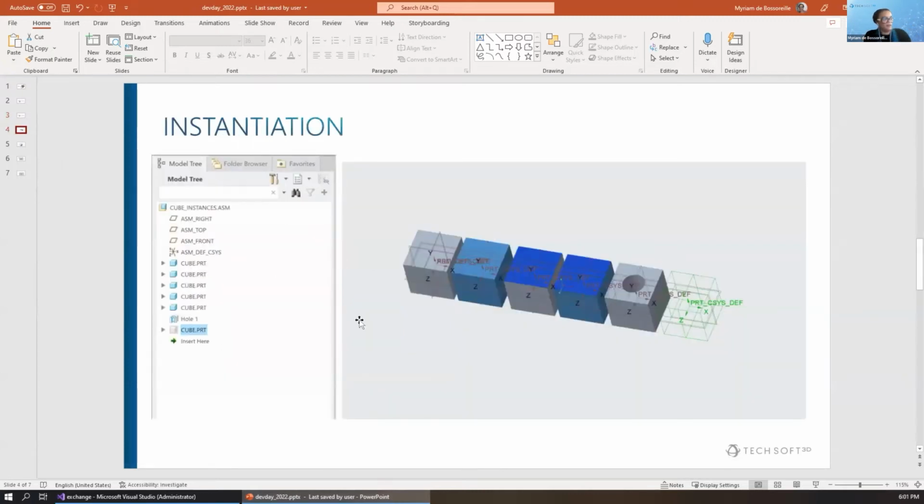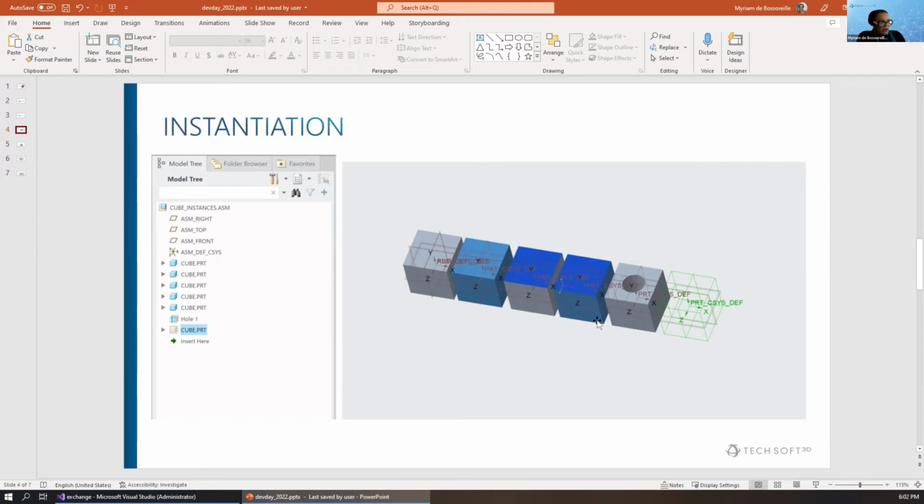So let's see a more complex assembly. Here I have 6 cubes, all created by assembling the cube file. The first one has no change. The second one is entirely light blue. The third one has just one face with a new blue color. The cube 4 is entirely blue with a face dark blue.